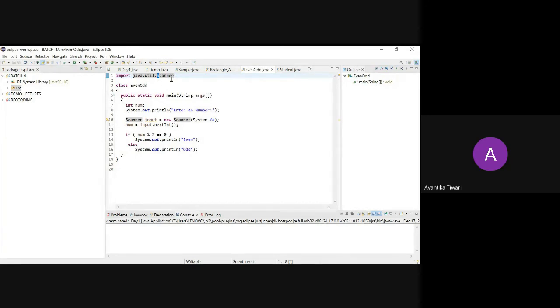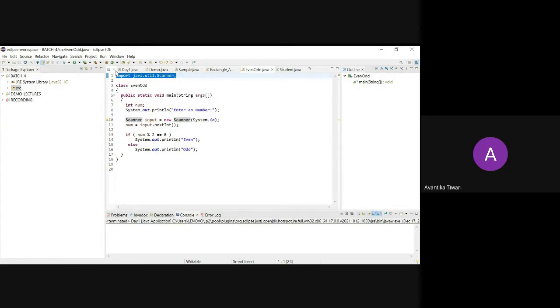So I am using this package. For using any package, you have to use an import statement. So this is the import statement. Do you remember, if you are coming from a C and C++ background, we used to write #include stdio.h. We used to include libraries so that whatever is declared in that library we can use in our program.